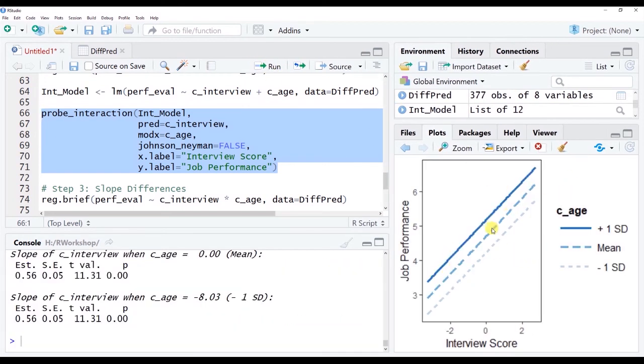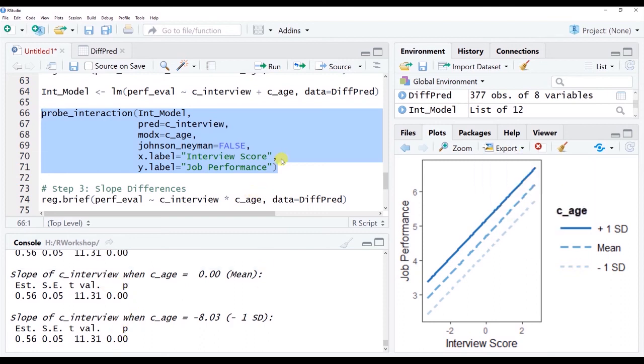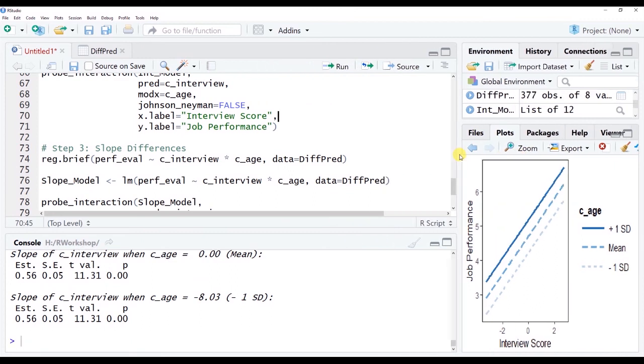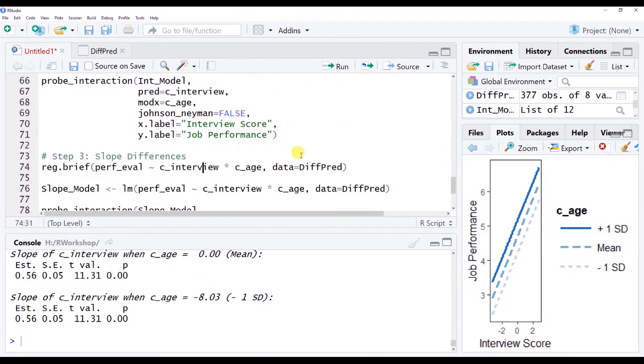Okay, as I said, it's basically the same interpretation as before, okay? Because we had already centered interview, so the scaling was correct there. And job performance, we're not looking at slope differences, and so here you see essentially the same display. You could export this as well if you wanted. All right, the next thing that we're going to do is let's move on and look and see if there